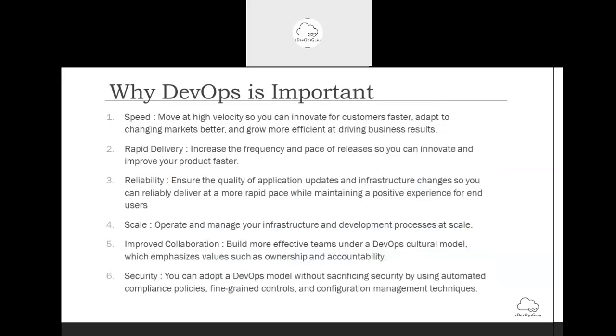Now, going back to what DevOps is and why it is important. DevOps is nothing but development plus operations. Dev is basically when you automate the code and code compilation part plus the deployment part.